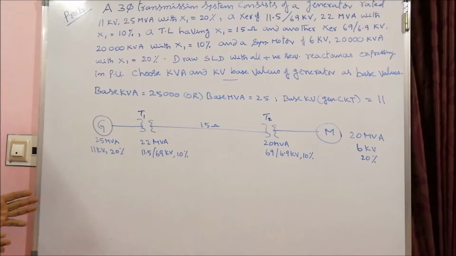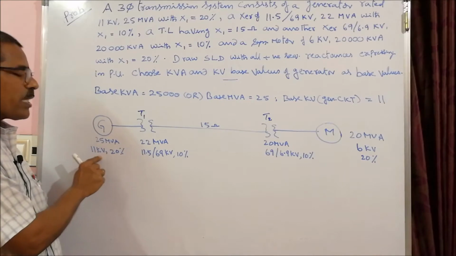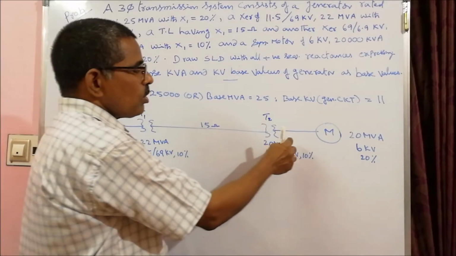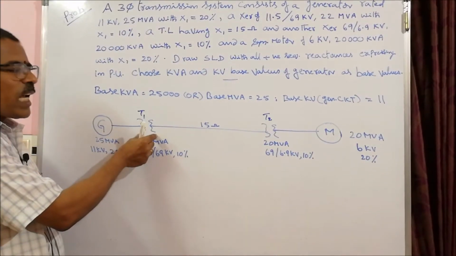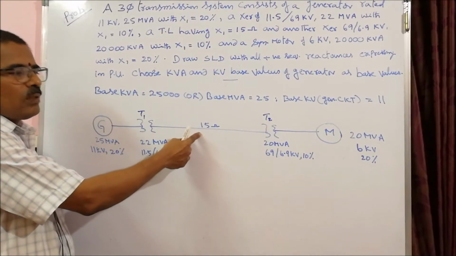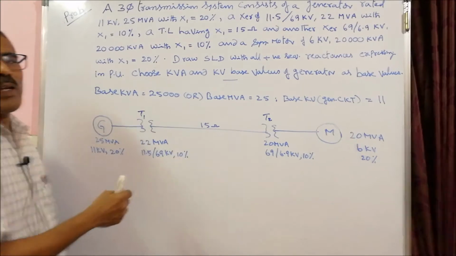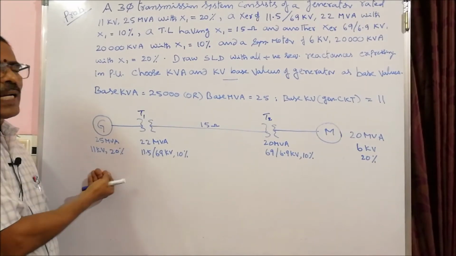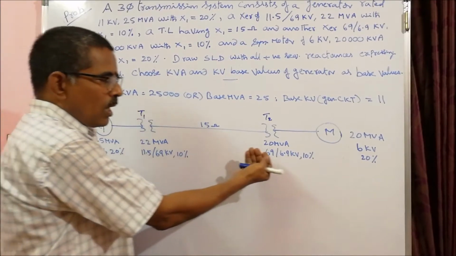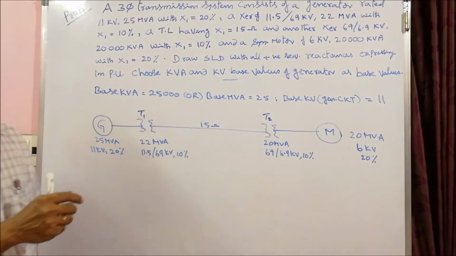Now, what is the first step I asked you to do? You compute. This is the base kV selected here in the generator circuit. How many other circuits do you have? The transmission line circuit and the motor circuit, because this is the transformer, which has a low voltage side and a high voltage side, and this transformer also has a high voltage side and a low voltage side. So totally you have 3 sections: the generator section, which is the LV side of transformer 1; then the transmission line section, which is the HV side of T1 or HV side of T2; then the motor section, that is the LV side of T2. These are the 3 sections.